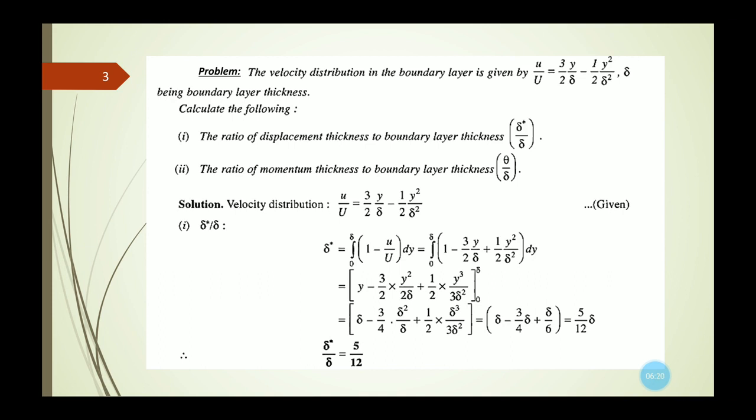So for each and every thickness we need to remember their formula, we need to do the integration, and after doing these steps correctly, we will get the final value. So these are the things that we need to do to solve such type of numerical based on the different thicknesses of boundary layer.